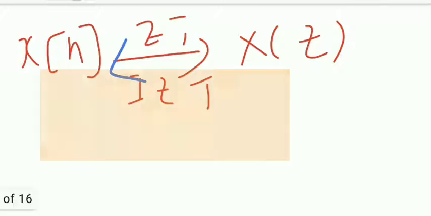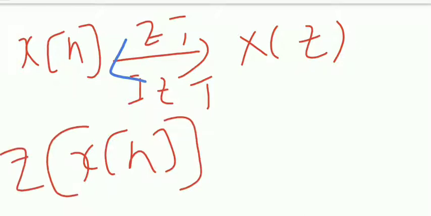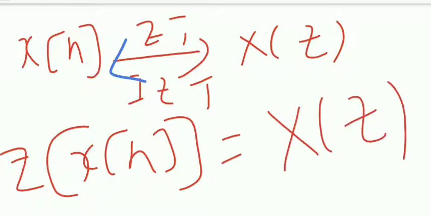Right? So another thing we have to note is that I can represent this big equation in a simpler manner. It is x of n. I apply Z transform to this x of n, and what I get is X of z. It is a simple notation. Please remember these notations. It will be used widely in the coming lectures. So Z of x of n is equal to X of z. That means I apply Z transform to x of n, what I get is X of z. If I apply Z transform to y of n, what I get is Y of z, like that.